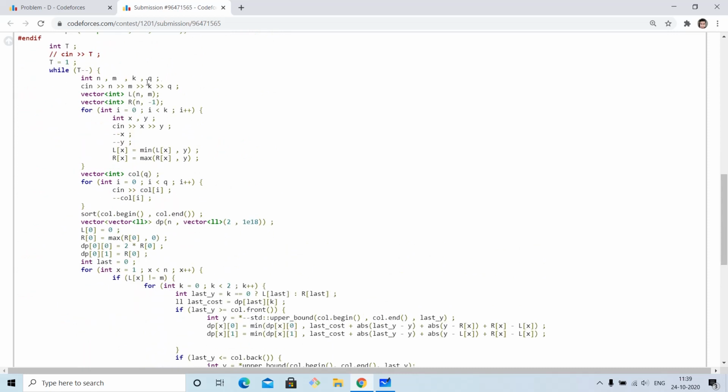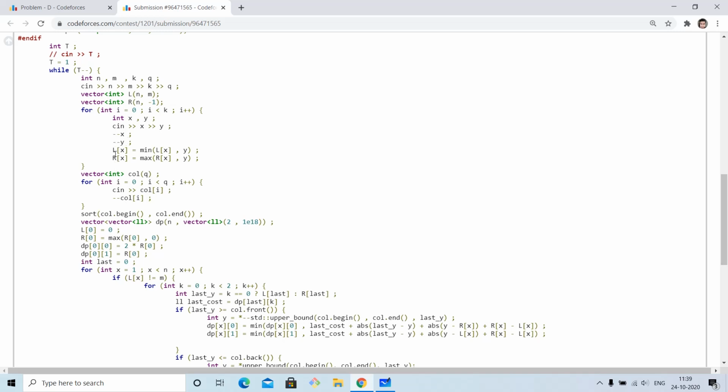We will be given our input n, m, k, q, and then we will have this leftmost and rightmost vector, which will tell us what is the leftmost treasure in the row i, and what is the rightmost treasure in the row i as well. So then we will initialize our treasures, and since we are numbering from 0, we will have to subtract one from this row and column number as well.